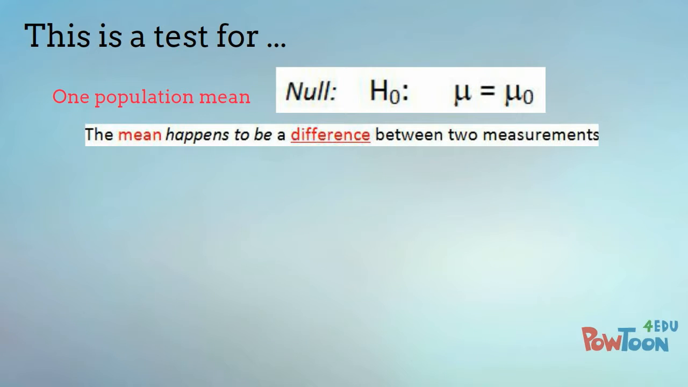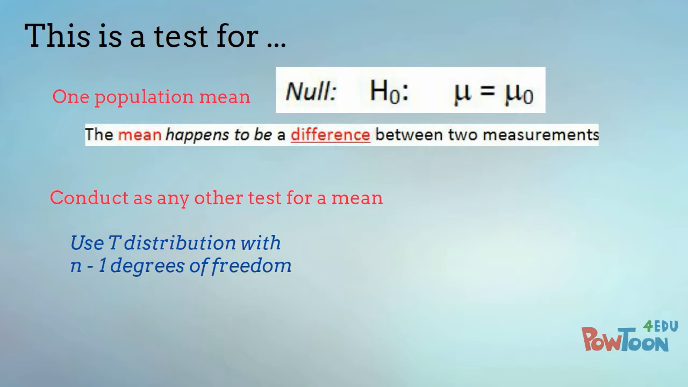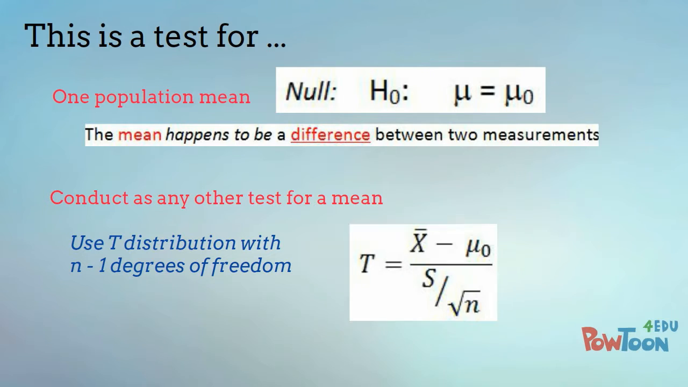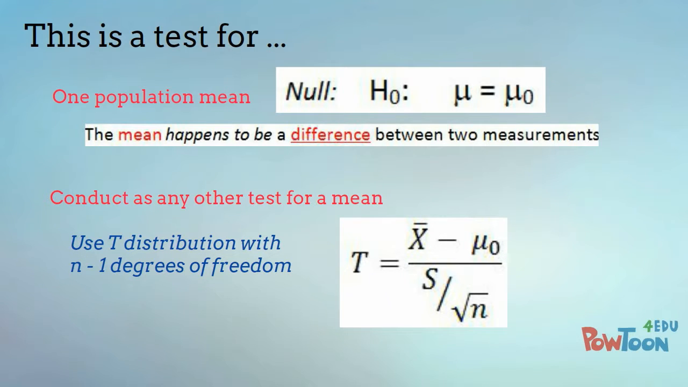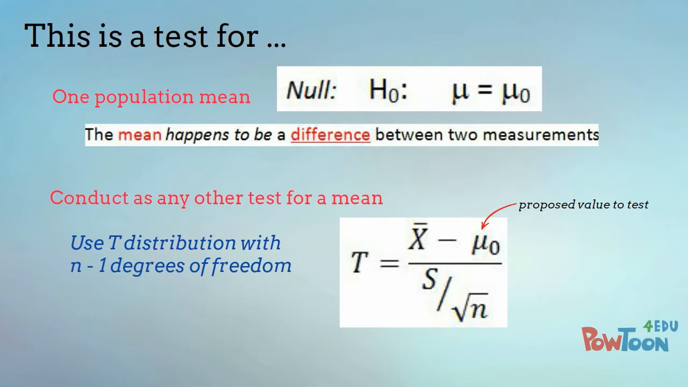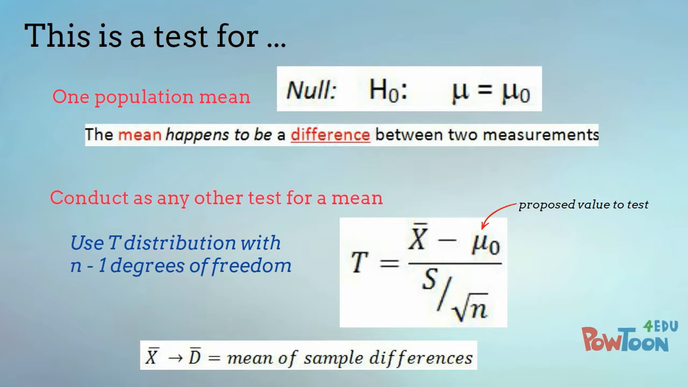So this test is done as any other hypothesis test for one population mean, using a t-statistic with n-1 degrees of freedom and a test statistic t equals x bar minus mu0 divided by s over the square root of n, where mu0 is some proposed value. Here the sample mean is the mean of the sample differences, normally called d bar, and we use that in